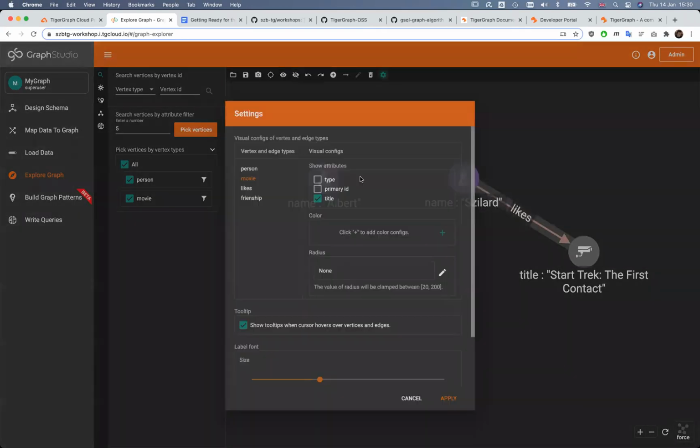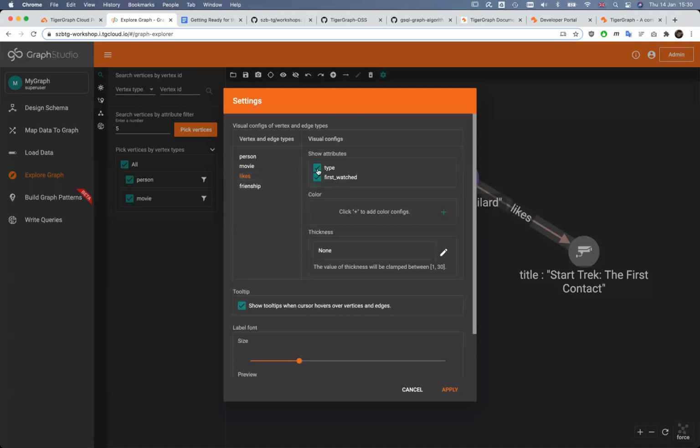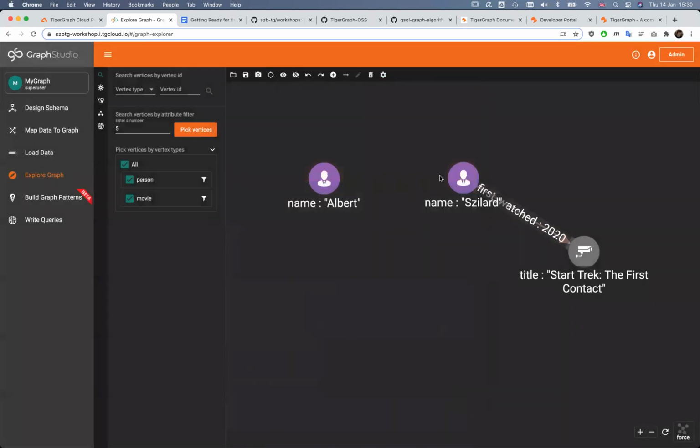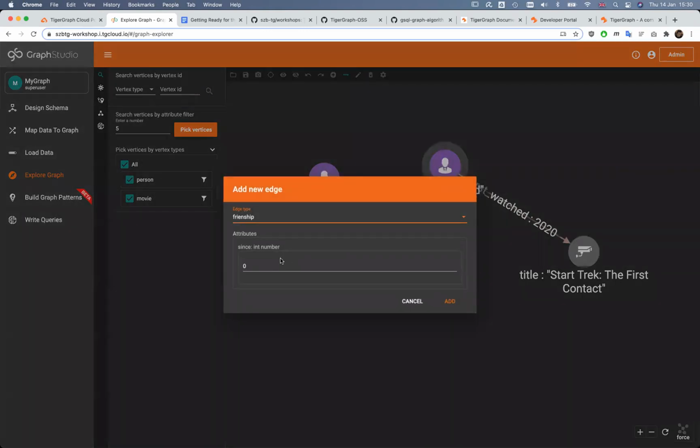Again, let's customize it a little bit and show this value here: first watch in 2020. And then finally, let's create an edge between myself and my son. And this is a valid friendship since he was born.